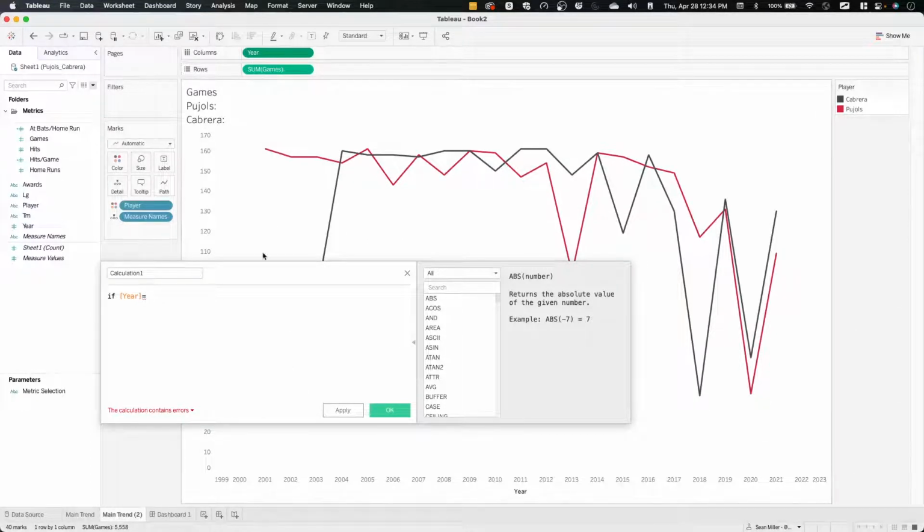Again, you don't have to do this, but sometimes it can be beneficial. If the year is 2021 and the games equals 200 for now, then